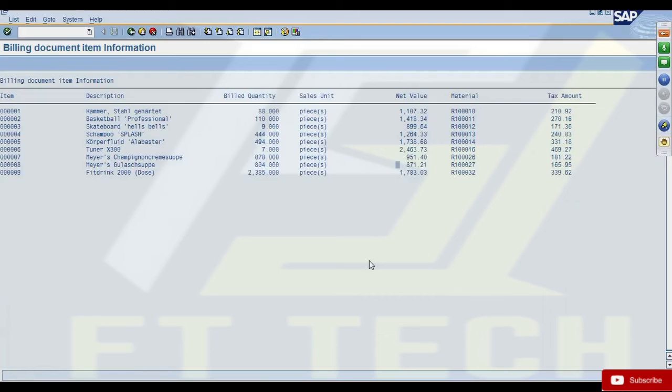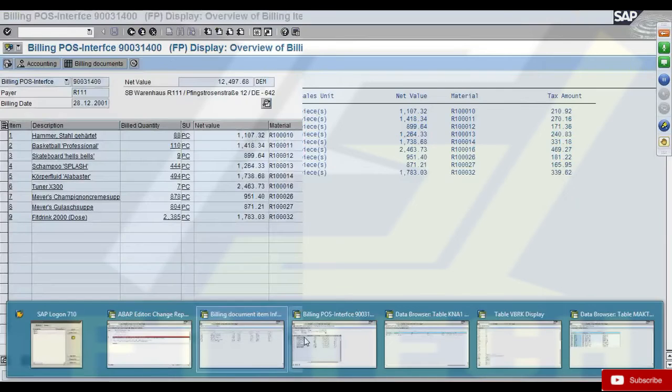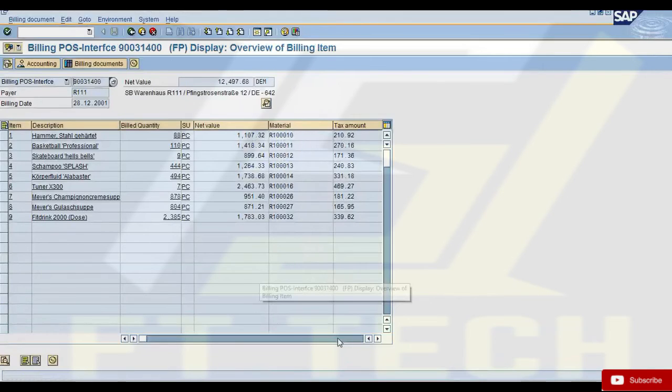I won't directly tell you that this is a table you need to memorize, but through these requirements, we'll be using those tables which you should know, like the billing document related tables, VBRP, VBRK, this plant information, MARC, right? Other than that, if we ask you to show some data and you don't know the table name from which you can select the data, you can always ask the functional guy to tell you in which table you'll find the data. If he's experienced enough, he'll tell you the table where this data is stored, or else if he's not able to tell you the table, at least ask him for a transaction which shows that information.